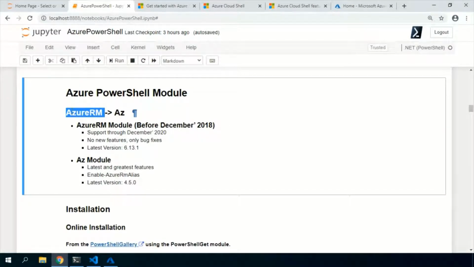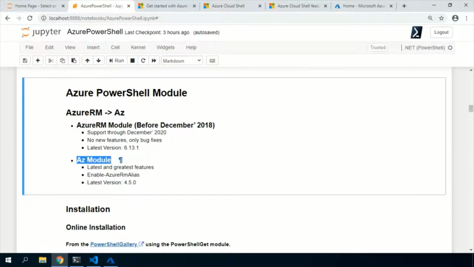Still, there are a couple of projects and companies that have huge automation already in AzureRM. For those, it is still there, but there are no new features or updates for AzureRM. The latest and greatest features will be on the Az module itself.